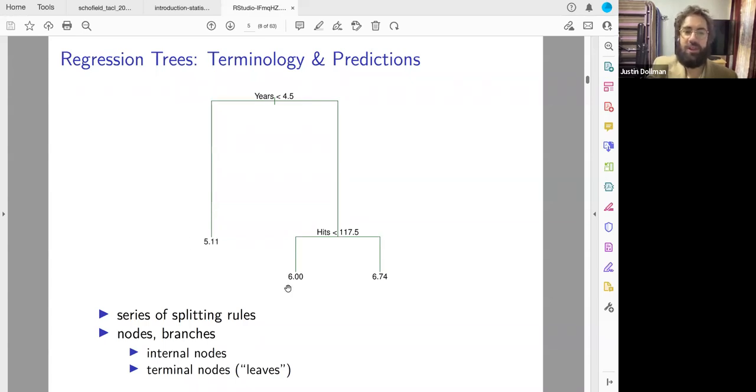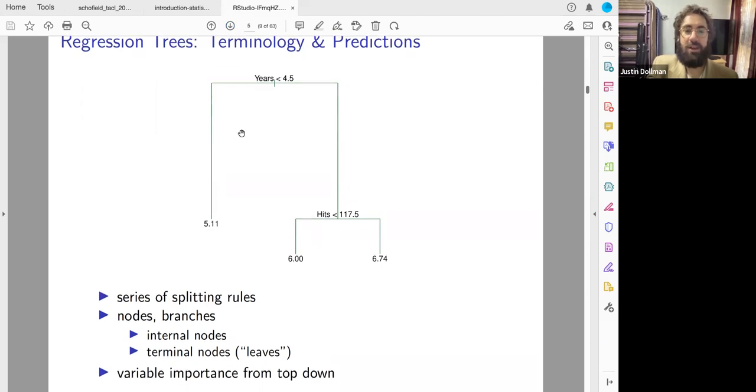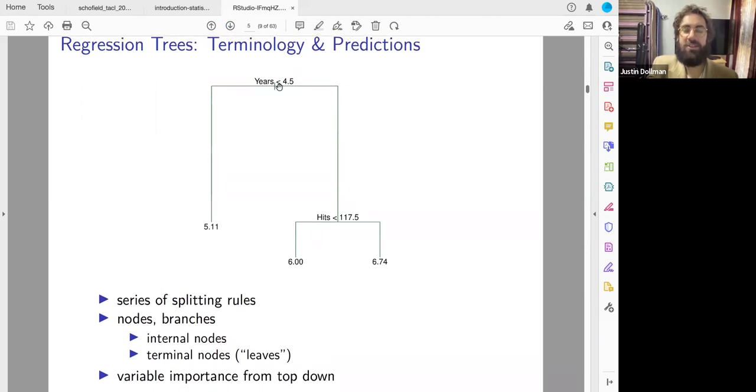You see those down here in the leaf nodes. All right, so that's the basic stuff. And you also get a heuristic encoding of variable importance. One way that you can interpret years being on top at the root node is that it is the most important variable,